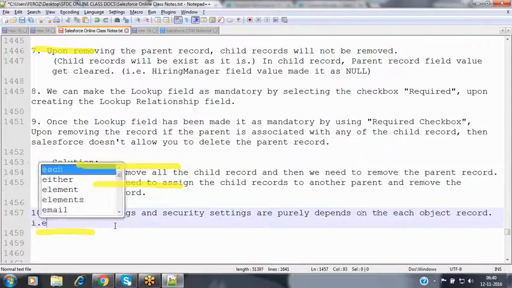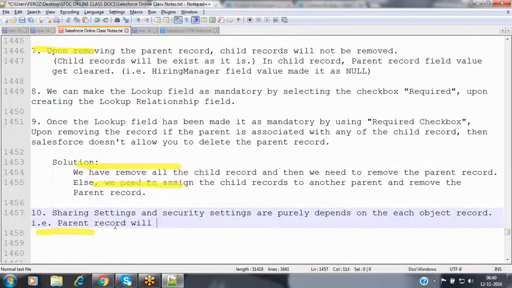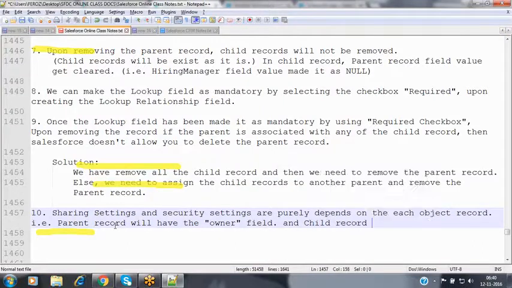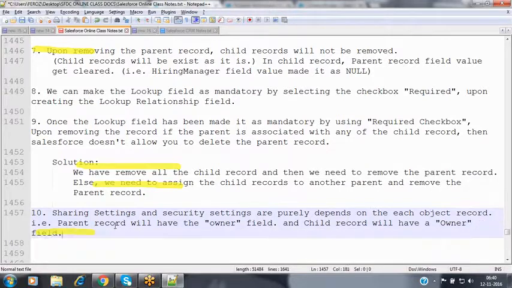That is, the parent record will have the owner field and the child record will have the owner field.